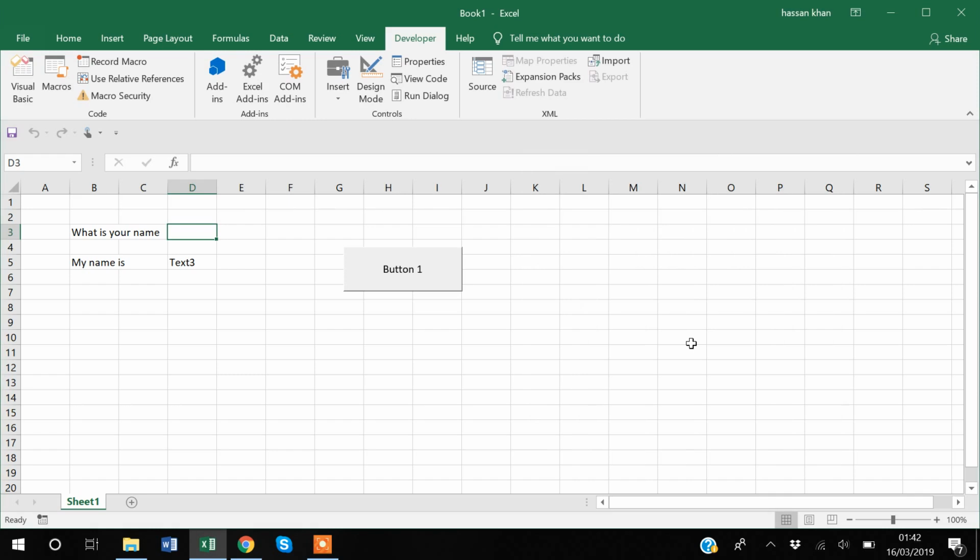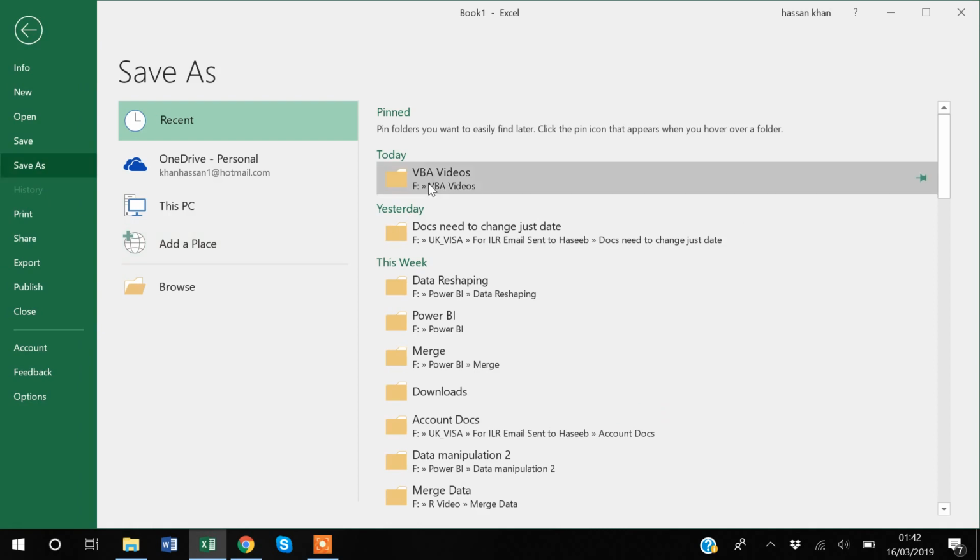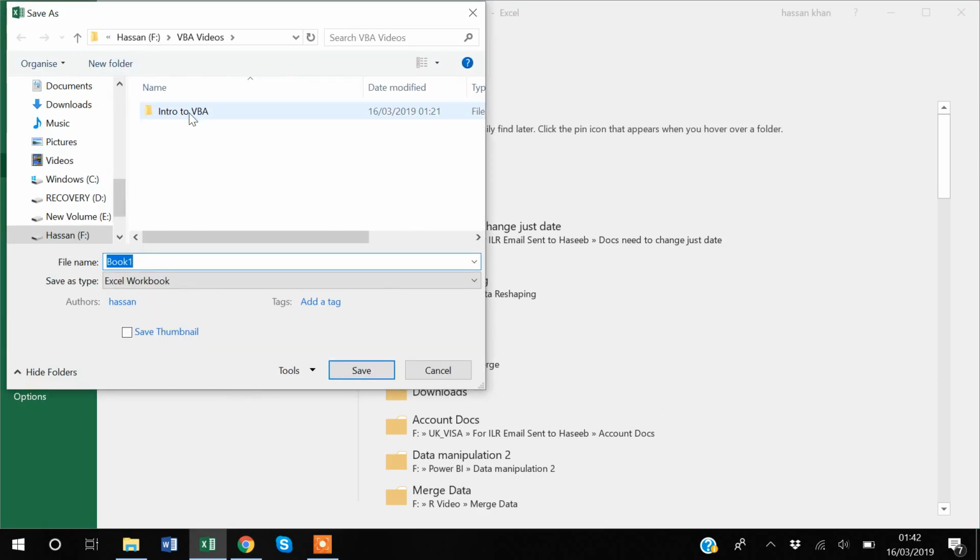So in the end, I will show you guys that once you have created this file, you have to save it. You can't save this file as a normal Excel file. You have to tell Excel that you are saving it as a file which has Visual Basic VBA code in it. In order to do that, you have to go to File, Save As, and I have this folder where I want to save it, Intro to VBA. So I will say first macro